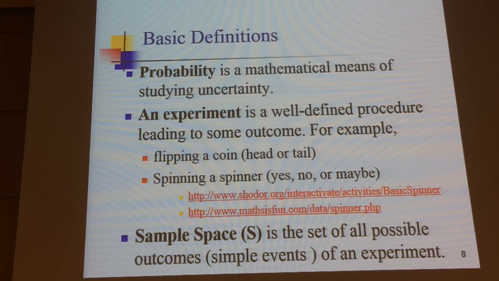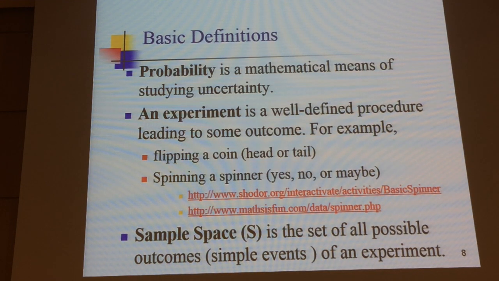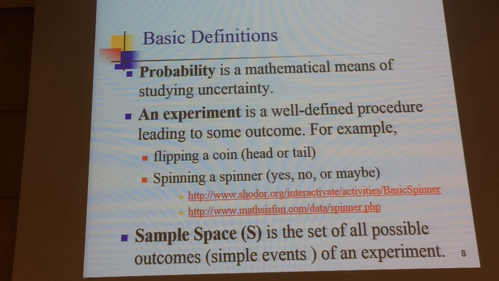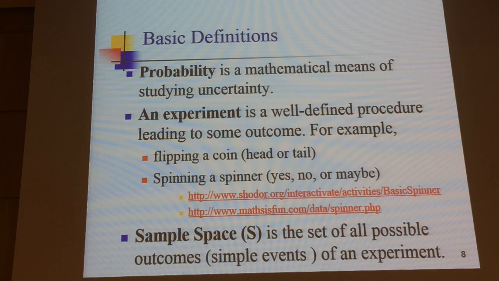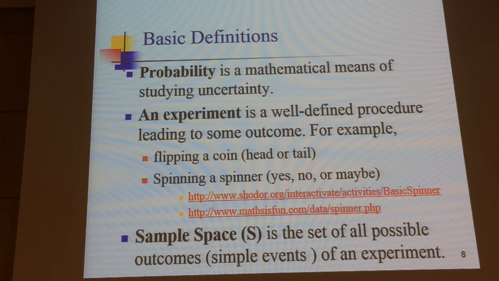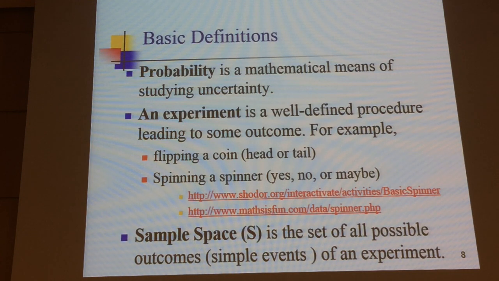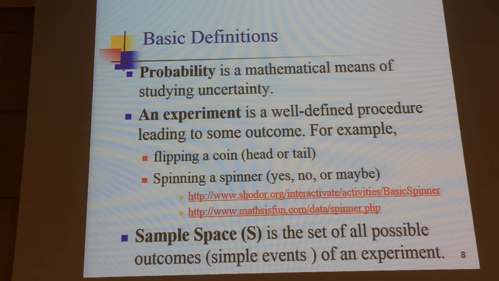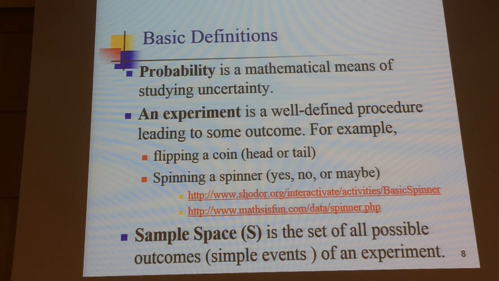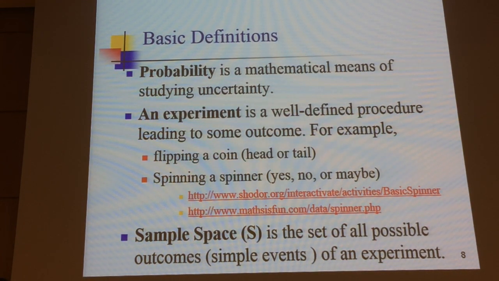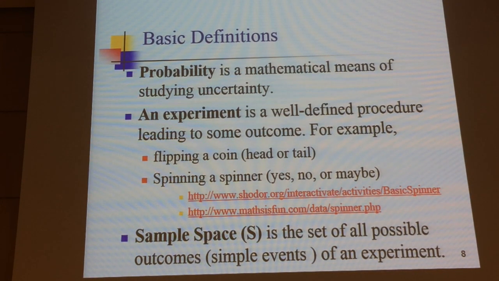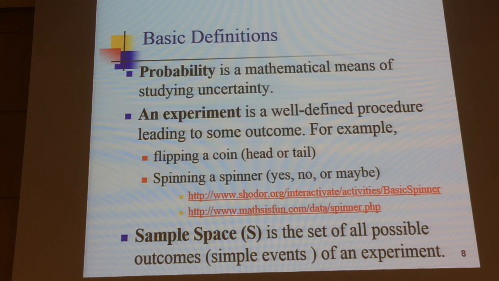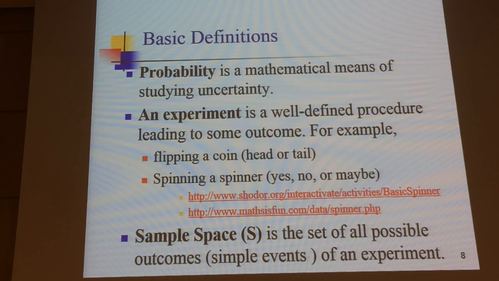Let's say I toss a coin, or I flip a coin. For it to land heads, that's an event. For it to land tails, that's an event. Heads and tails encompass all of the possibilities of the coin, right? So heads and tails are the sample space. Everyone is clear, right? Sample space, all the events. An event is just a possibility, an outcome of the experiment. So what is an experiment? An experiment is any procedure that has clearly defined outcomes. If I flip a coin, two things are going to happen. Either heads or tails. You spin a spinner, you can get blue, yellow, red, whatever.